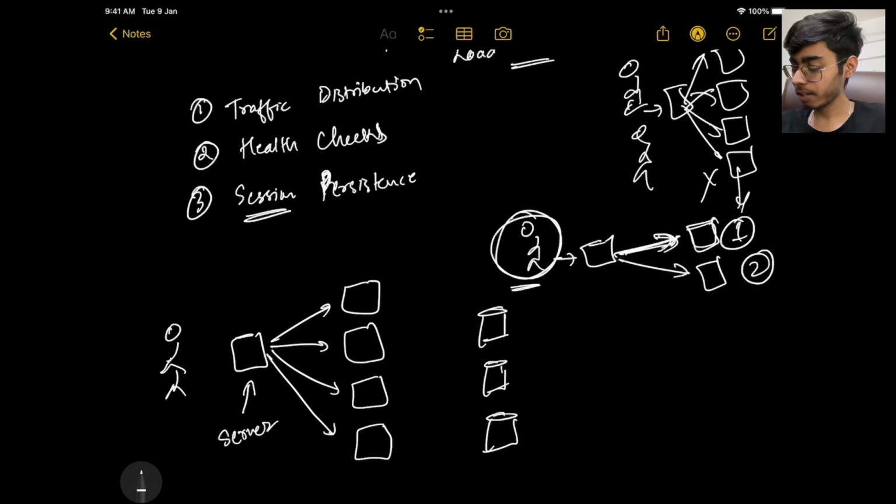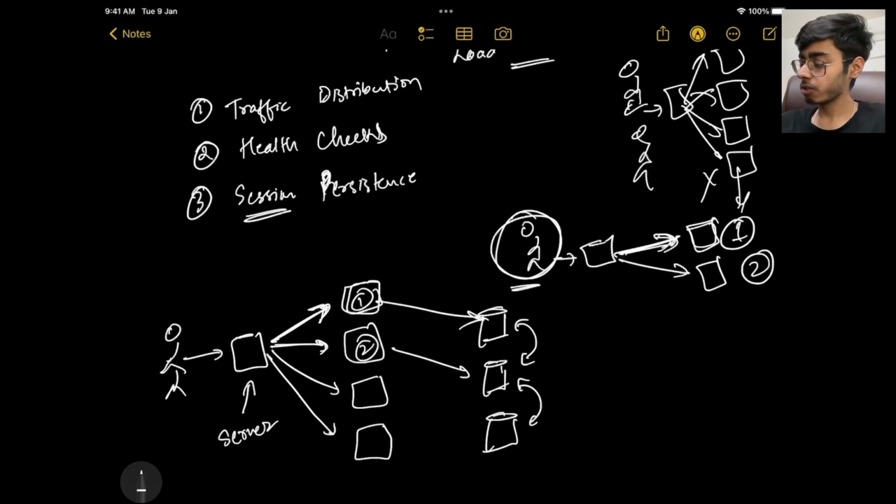So when the client makes a request and the load balancer chooses to go ahead with the first server, it will be connected to this database. So for that session, the database will be connected to this. But after some time, the data should be there in all the databases, so that if tomorrow the user makes a request and the load balancer shifts to the second server, which is connected to this database, it should have information about this user.